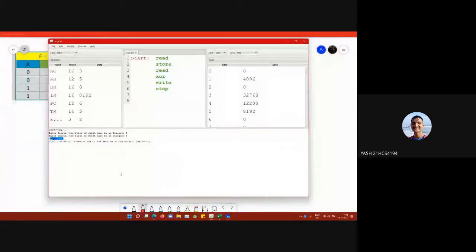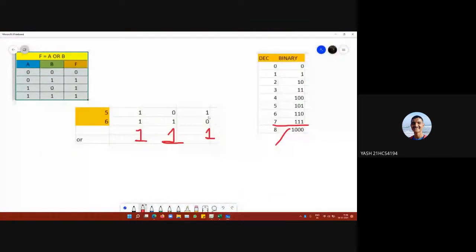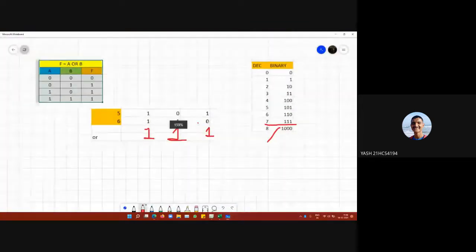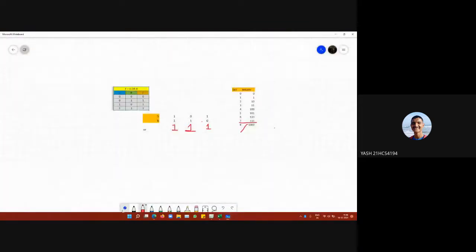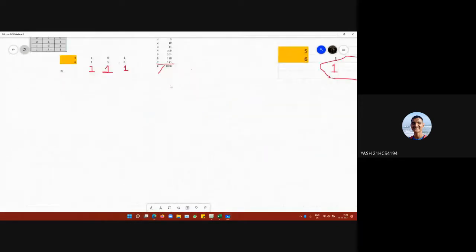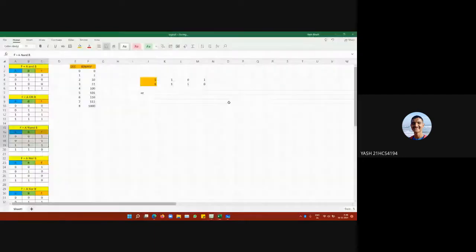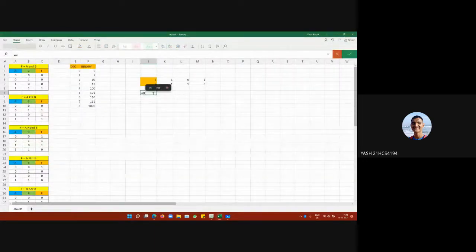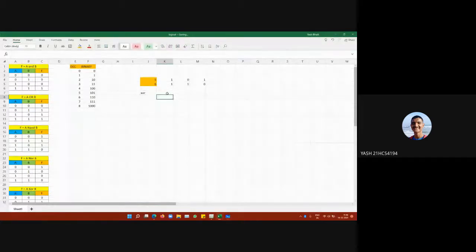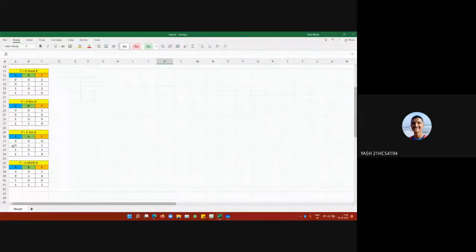We can verify that for the exclusive OR operation, 5 and 6, I'm just doing it over here. In the exclusive OR, if one of the values is 1, then only it will return 1.